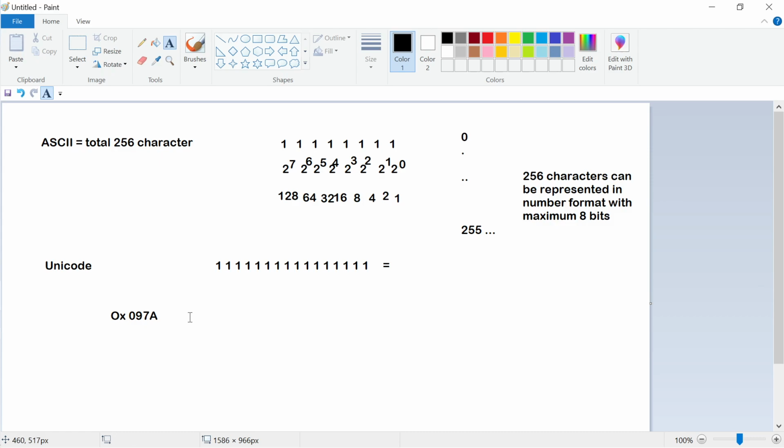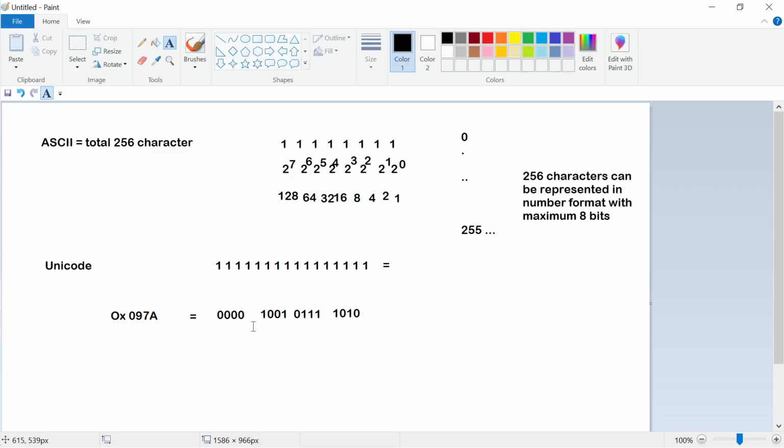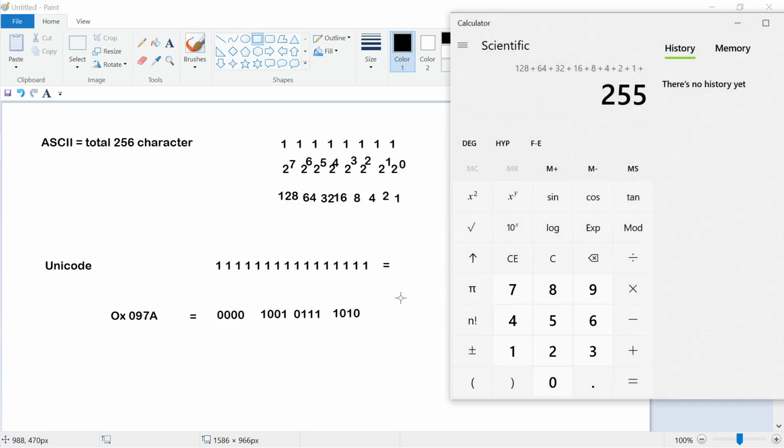तो इसका बाइनरी इक्विवेलेंट करना है, तो पहले आपको इसको बाइनरी में कन्वर्ट करना पड़ेगा। एक हेक्साडेसिमल नंबर के लिए 4 बिट लेते हैं, तो 0 हो गया 0000। फिर नंबर 9 है 1001, 2 पावर 3 इज 8, सो 8 प्लस 1, ये 9 हो गया। फिर 7 रिप्रेजेंट करना है तो 0111 है। और A इज नंबर 10, रिप्रेजेंट करना है तो 8 यानी 2 पावर 3 और 2 पावर 1, इसको ऐड करोगे तो नंबर 10 मिलेगा, 1010। तो ये जो 16 बिट्स है, इसका इक्विवेलेंट है 0000100101111010, ये कैरेक्टर नंबर 097A है।